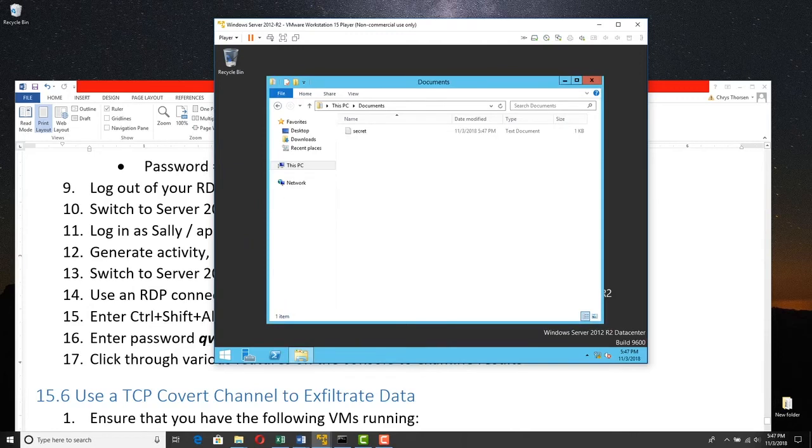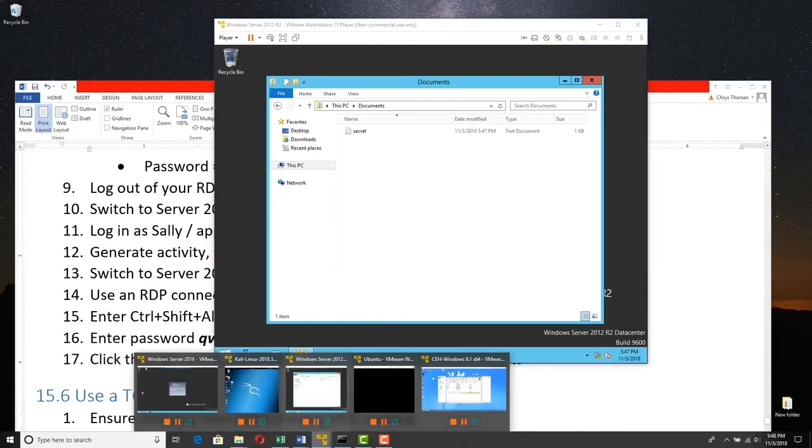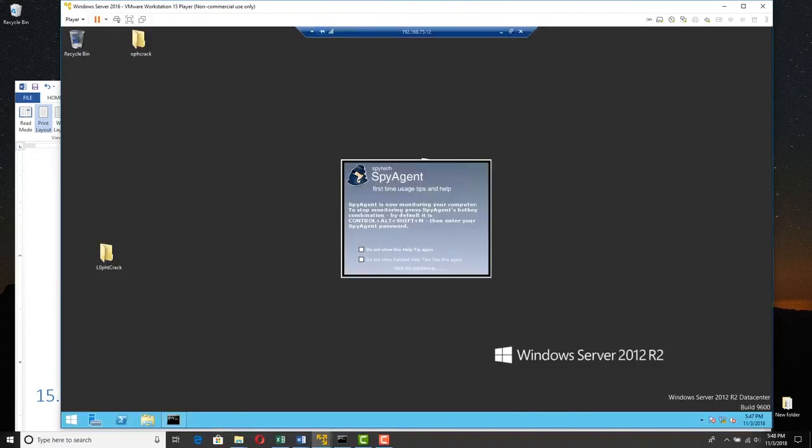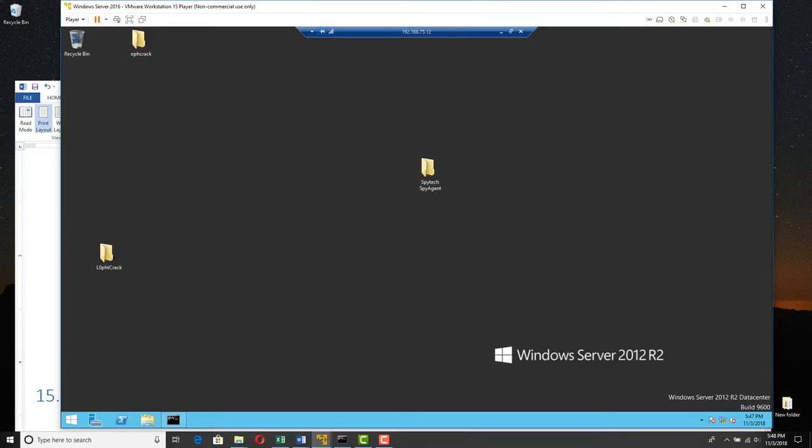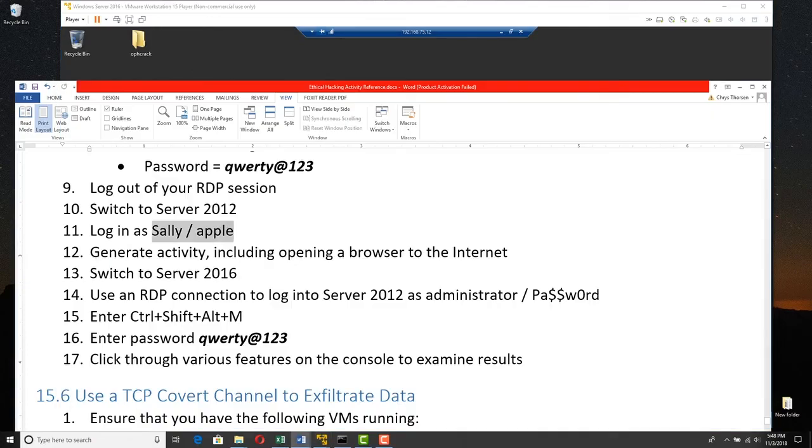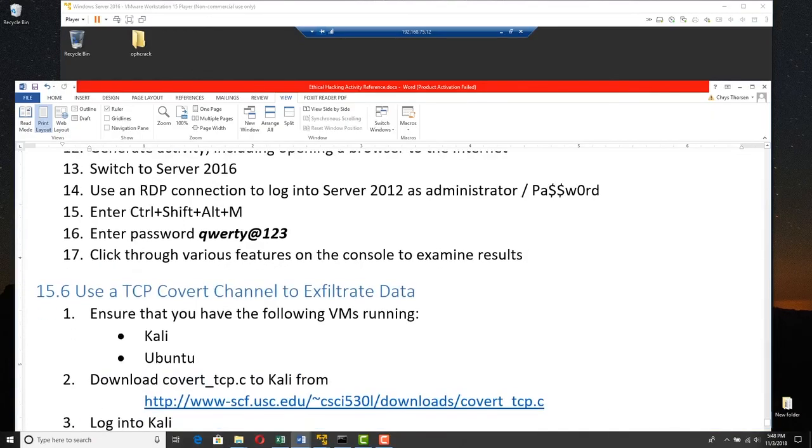So now we want to see what our users have been doing on this server. So let's go back to 2016. We've still got our RDP session in the background here. Since it's a server, we can get away with this, and we can click to continue. Now, we are supposed to be able to type what? You guys remember? We're supposed to be able to type